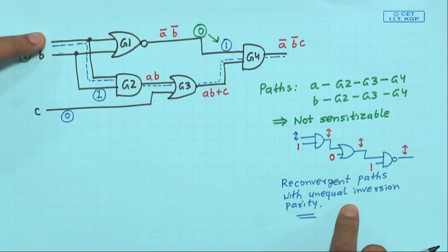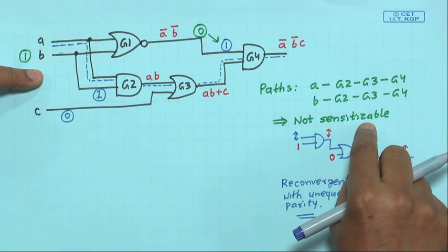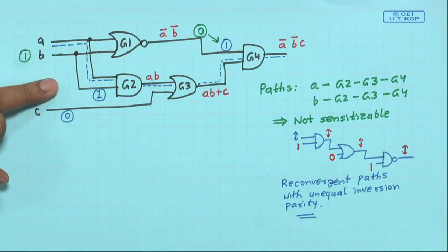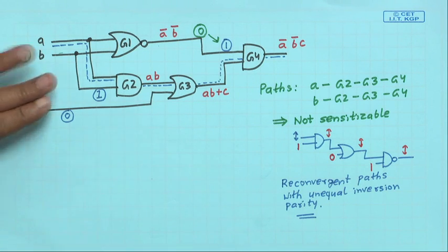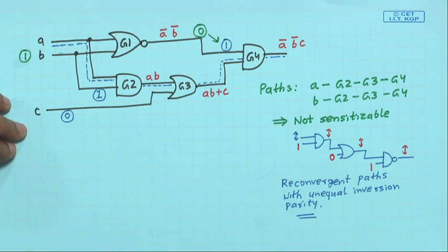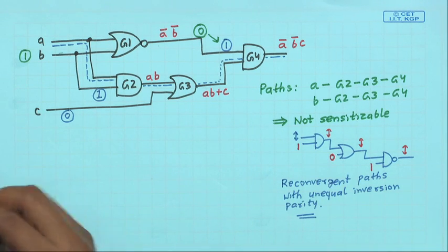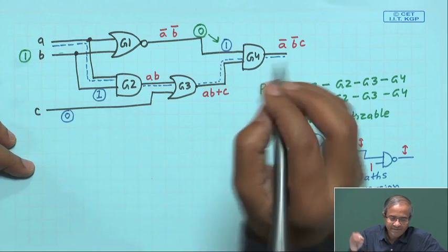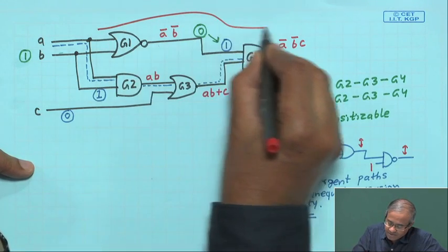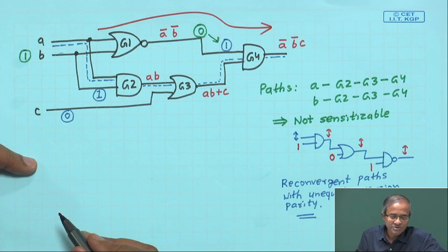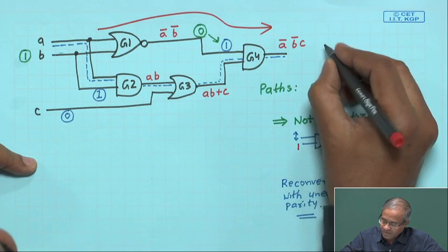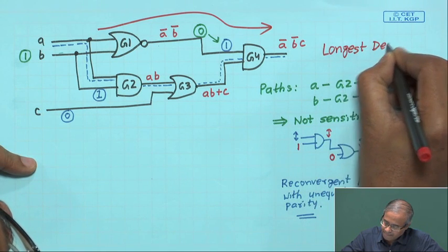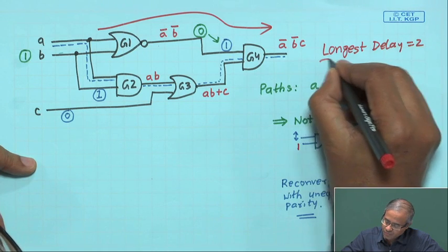So, whenever such a thing is there, there is a likelihood that you will not be able to sensitize these individual paths. So, this is a drawback. Now here why we are talking about this? You see, here your static timing analyzer, what it will tell you that well, this path can never be sensitized, this will be identified as a false path, and it will say that well, this is my only path which is of interest. So, my longest delay is true. Longest delay is 2,